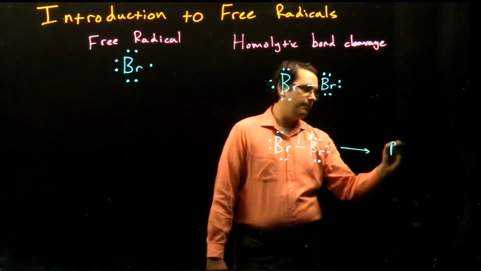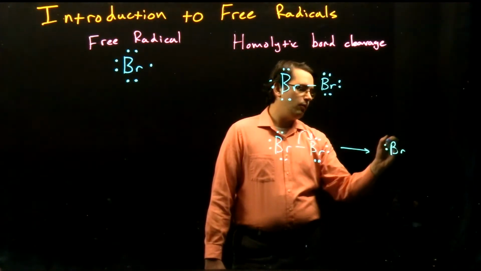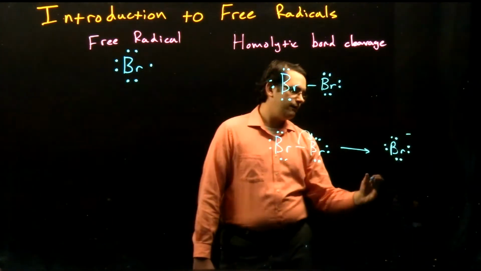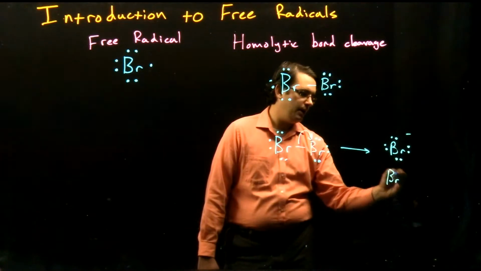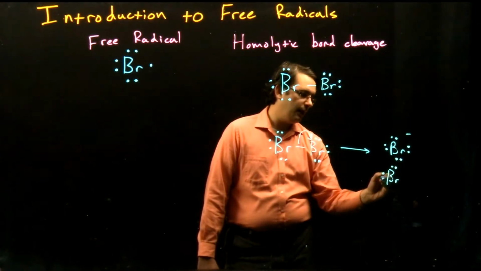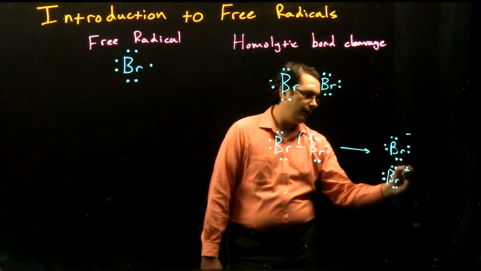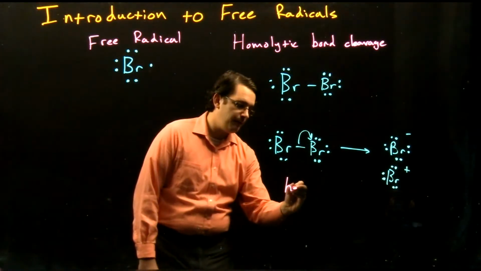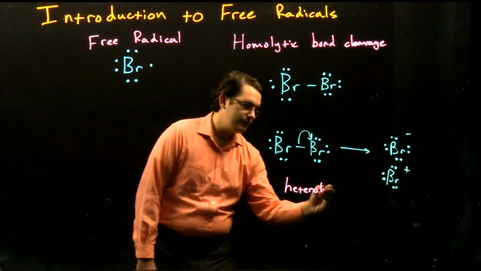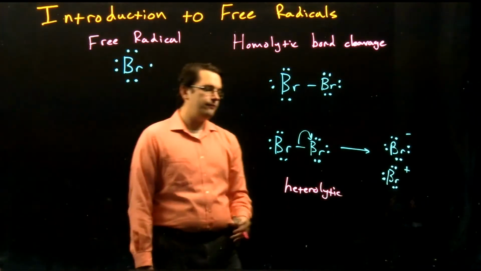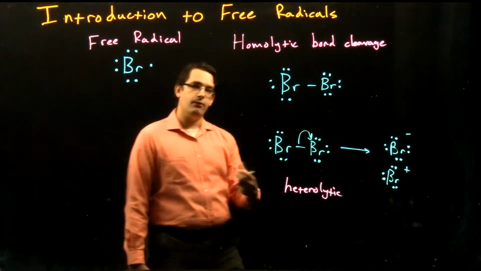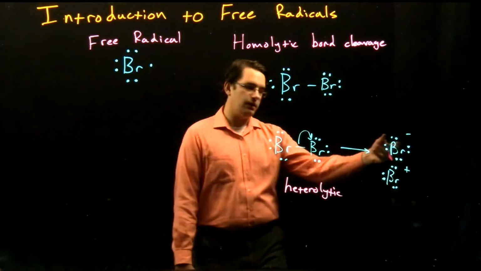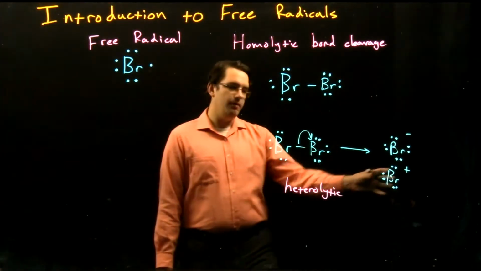So our product here would be one bromine with an extra lone pair of electrons to get a negative charge, and a second bromine that would be missing electrons and would have a positive charge. So this was heterolytic bond cleavage, and of course the hetero here is referring to the fact that we have an unequal or uneven distribution of electrons here, since one bromine took all the electrons and the other bromine lost